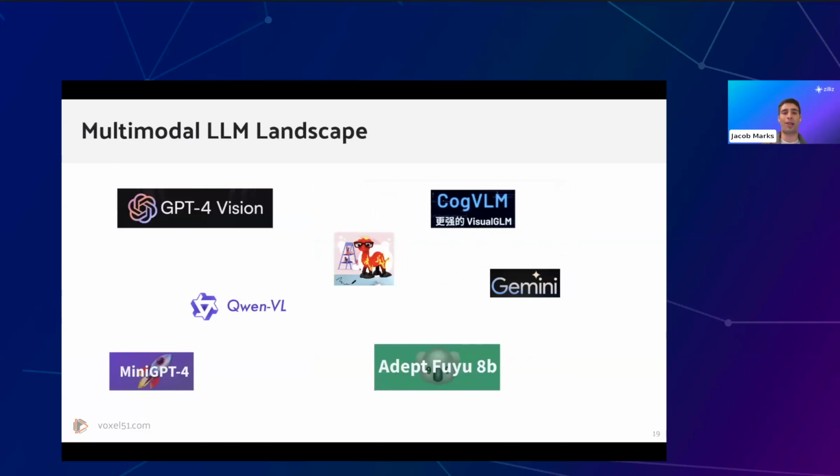And the multimodal LLM landscape is a little bit further behind the full LLM landscape. So the LLM landscape has been around for multiple years now, and multimodal LLMs are a little bit newer, but this world is growing very rapidly. Even today, I believe Google came out with Gemini 1.5, which I believe beats the previous version of Gemini on 87% of its benchmarks.